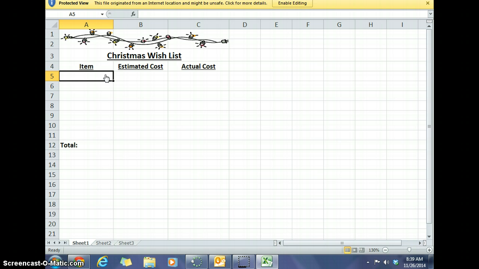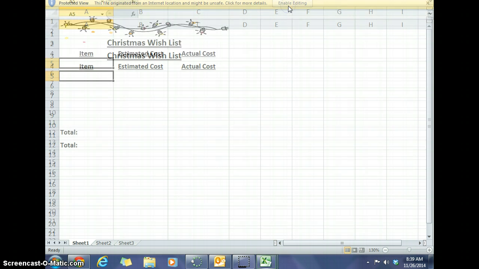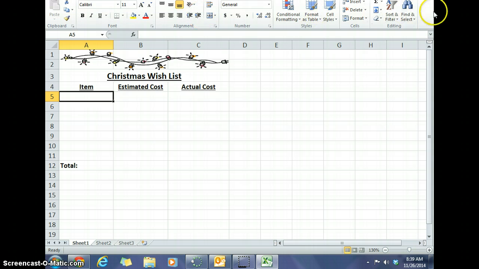But that's an easy fix. If you look here at the top, there is a yellow bar. And in that yellow bar, there's a yellow button that says Enable Editing, and editing just means to change or adjust or format. So we're going to select Enable Editing so that our toolbar appears, and then we are ready